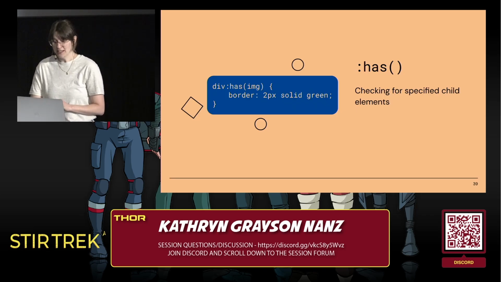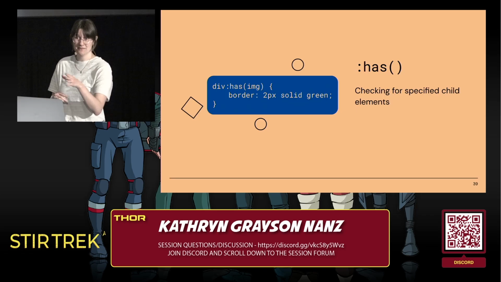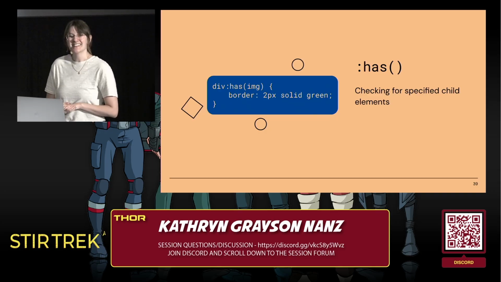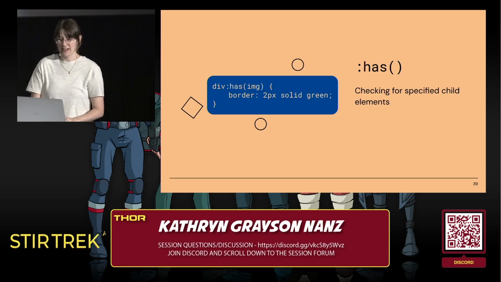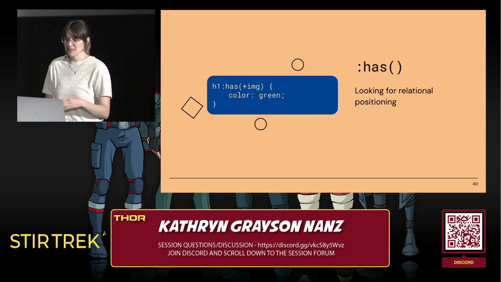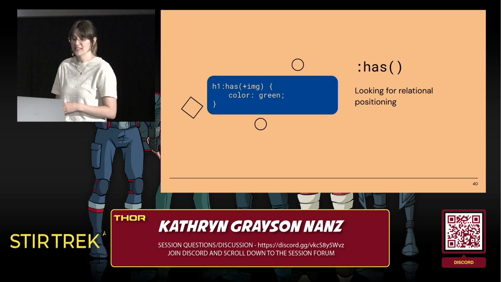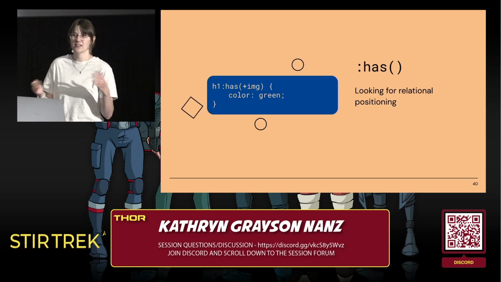If so, apply a green border to the div, to be clear, not to the image. The child tag does not have to be the first child or in any particular position when we write it like this. When we are looking at more general relational positioning, it looks like this using that kind of plus operator. So in this case, we're saying when there's an H1 that's immediately followed by an image, make the H1